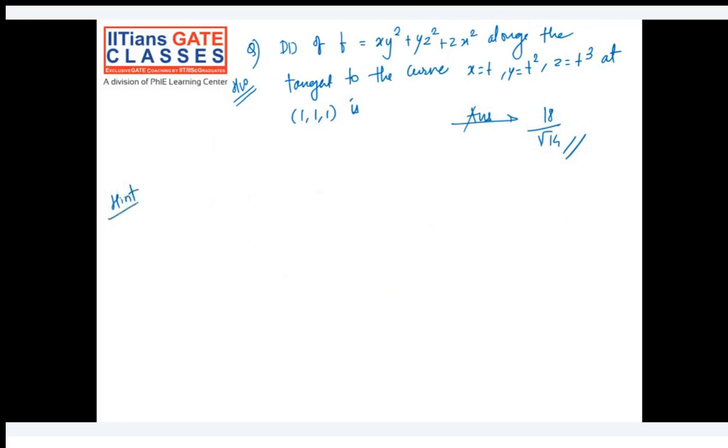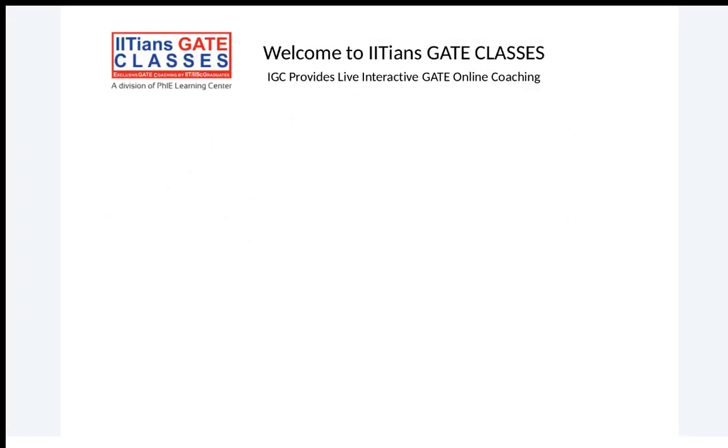Hint, here phi function is already given, so in this case it is f. The only thing is they have not given you the a vector, right? A bar they have not given. A bar they have given you indirectly. What indirectly they have given? It's a tangent to the curve x equal to t, y is equal to t square, and z is equal to t cube. So this is what they have given you indirectly. You should know how to calculate